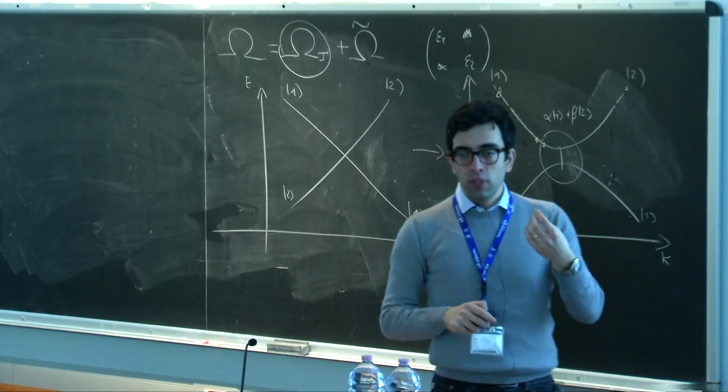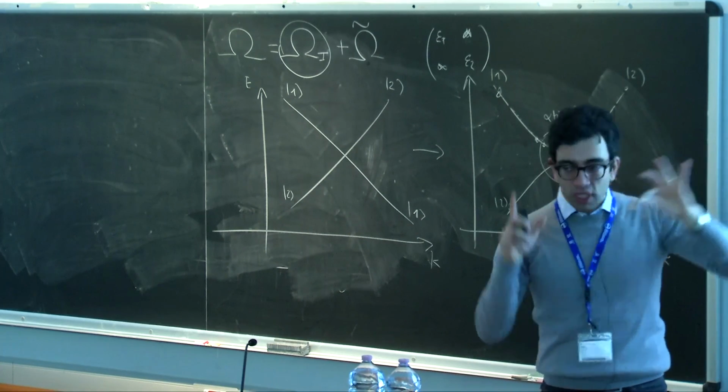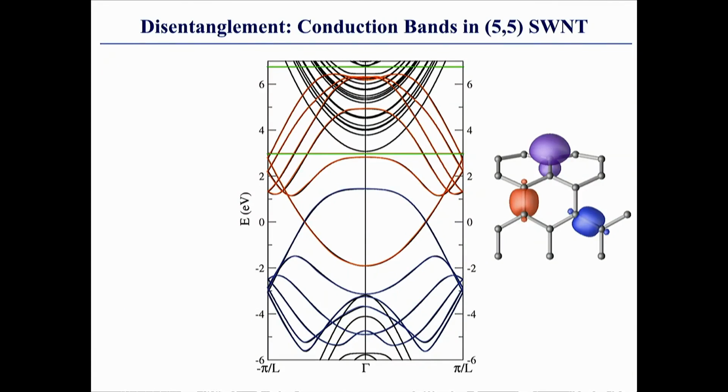When you want to do this, to choose a window, take a look at the bands, try to understand their nature, maybe do some projected density of states if you don't know, because you want to get all the bands which have a given character, okay? So I think